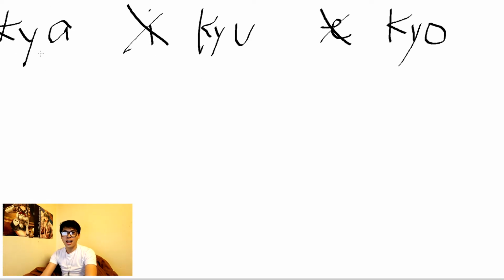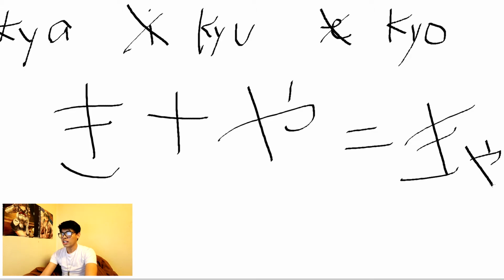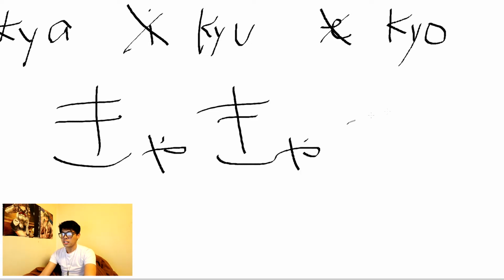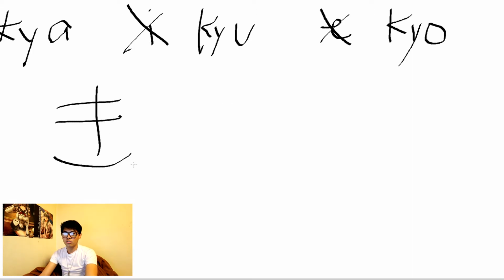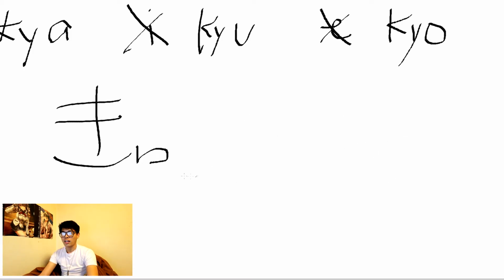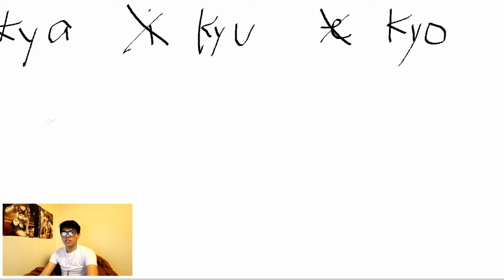So kya, how do you get kya? From ki, you just have to add ya. From ki to ya equals kya. Small letter ya, not big letter ya, to become kya. So the base is ki, and we put a small letter. Just change the small letter to get kyo. Okay, we have kya,